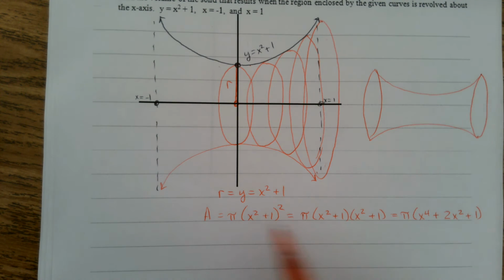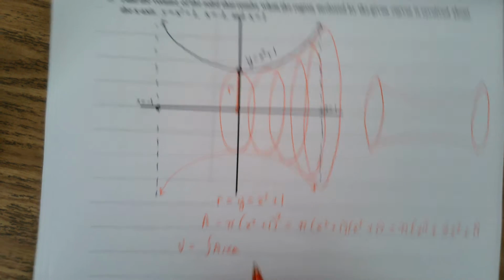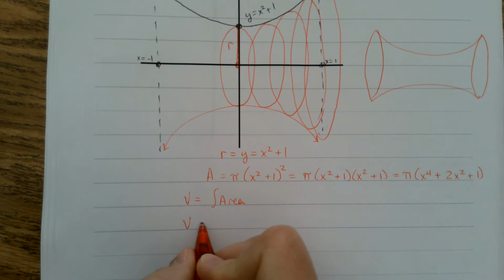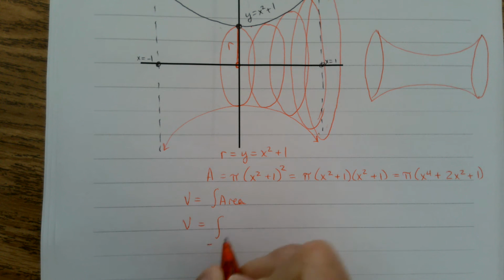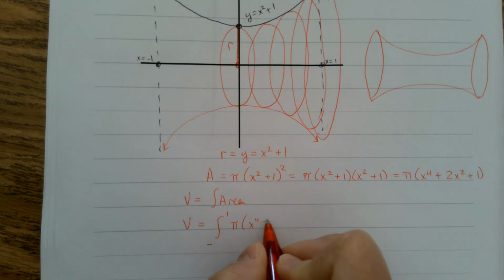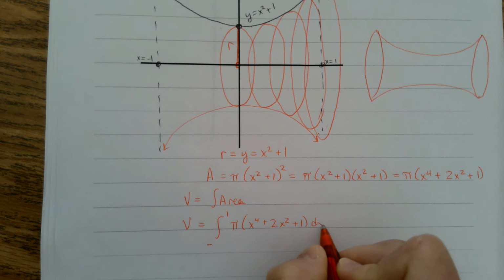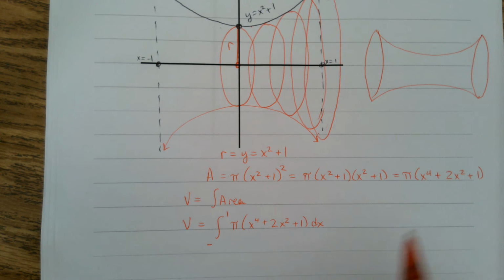You cannot. A power is a command, not a distributable constant. So now we've got an area for a circle. Volume is going to be the accumulation of that area. So for this problem, our volume is going to be, now you've got 2 options here. I'll walk you through both of them. Integrating from -1 to 1 of pi times x to the 4th plus 2x squared plus 1 dx,